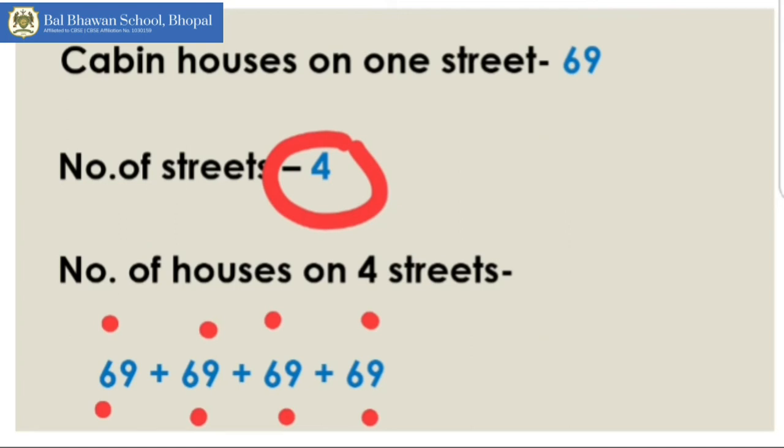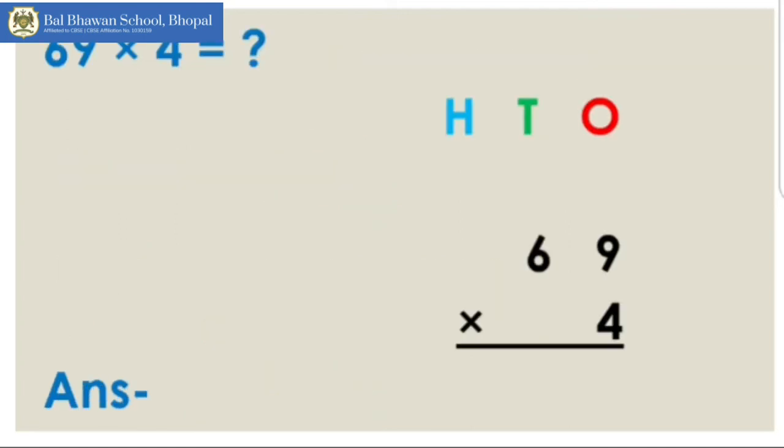Again, to avoid this, we can write in short form, that is in multiplication form, that is 69, the number of cabin houses on one street, multiplied by number of streets, that is 69 into 4. Now we will multiply and we will find out the total number of houses. So again ma'am has written here in vertical form 69 multiplied by 4. Again we will follow